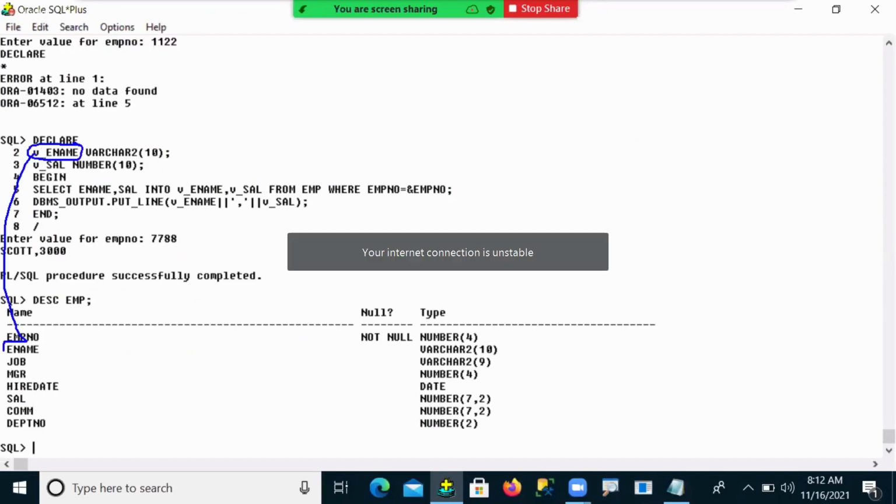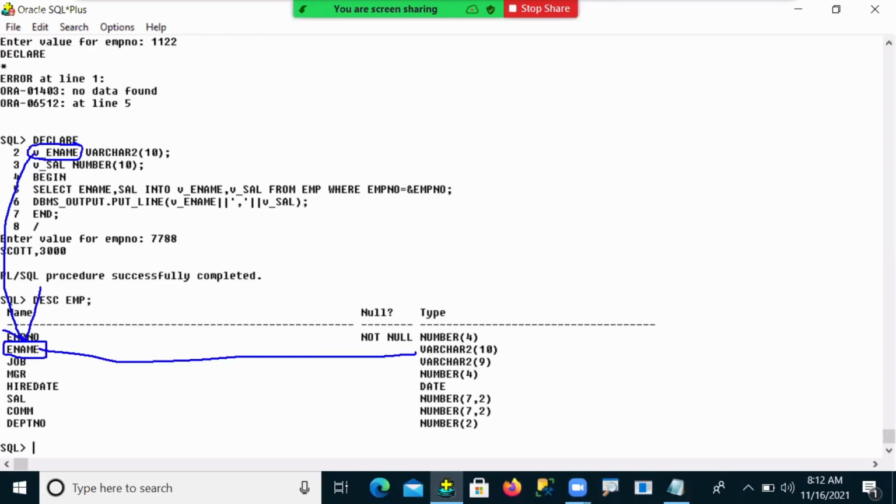This column's data type is varchar2, and that variable's data type is also varchar2. So there is nothing problem. The data types are matching and it is successfully executed.